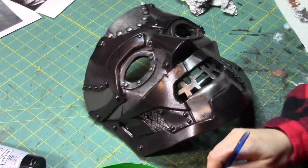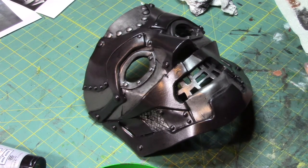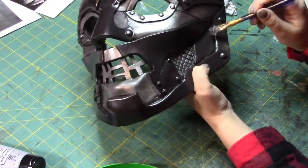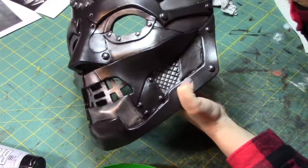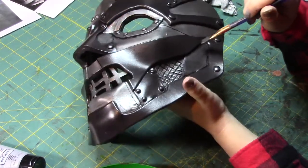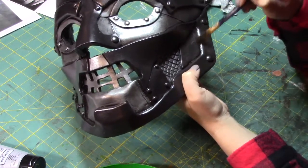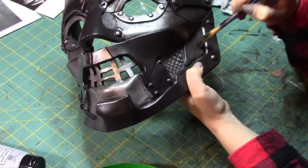Okay. All right, and we're going to test this somewhere inconspicuous to see how I feel about it first. We'll test it back here in this cheek jaw area and see how I feel about it. And what I'm probably going to do, oh yeah, that's better, is I'm doing just a very faint